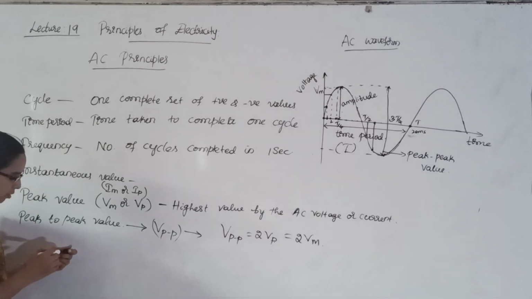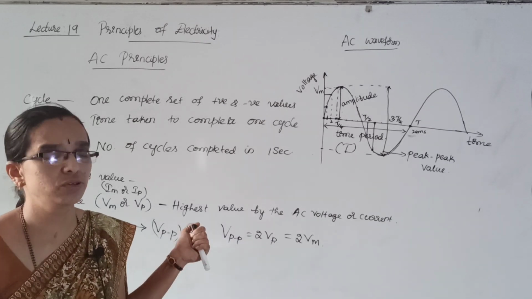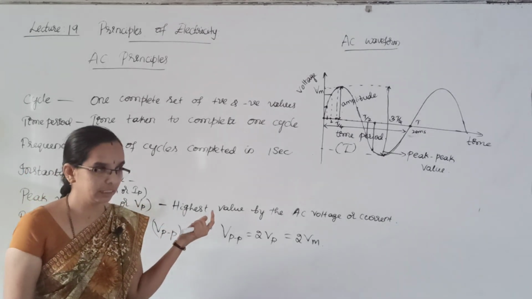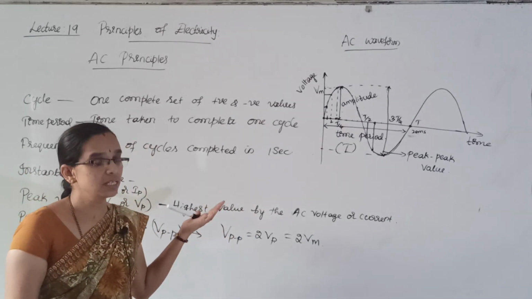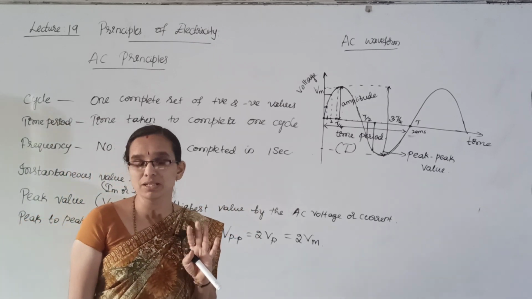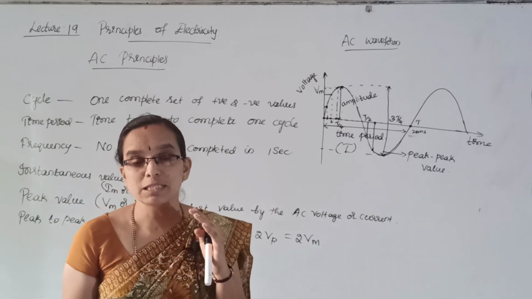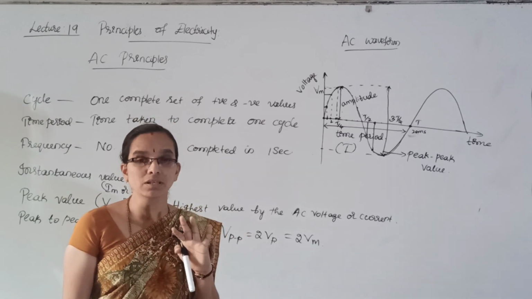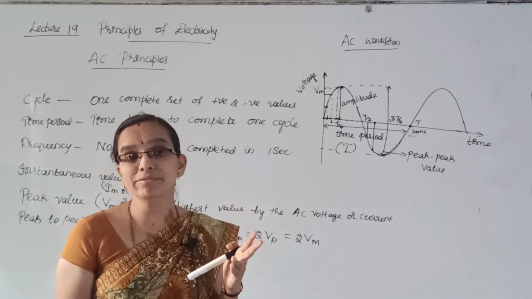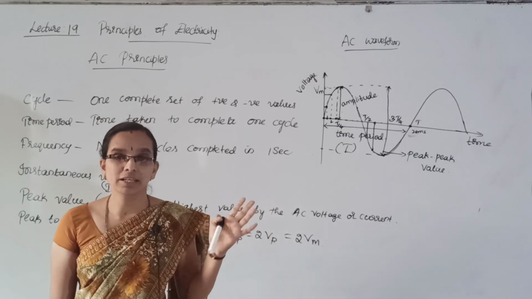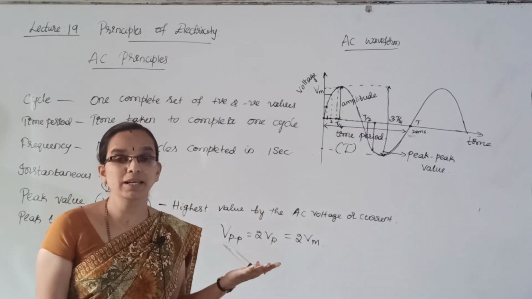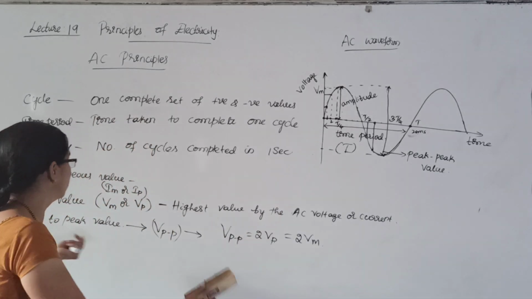Okay. These are all the terms associated with an AC signal that you should remember. We still have two or three terms, which we will study, because these will be asked in the examination for 5 marks questions. They will ask you to explain the terms, or for 3 marks questions they will ask you to explain the terms cycle, frequency and time period, or cycle, peak value, peak to peak value. Any 3 terms they will give and ask for 3 marks. Explain these terms.